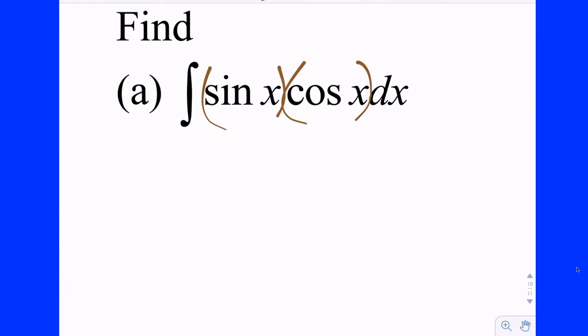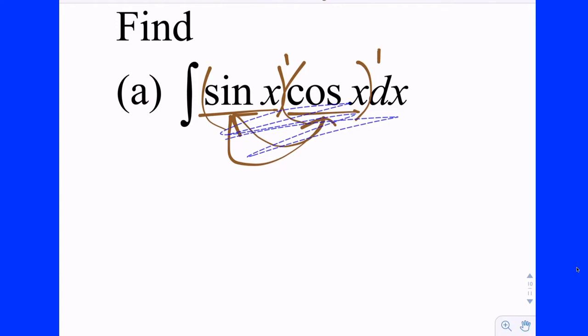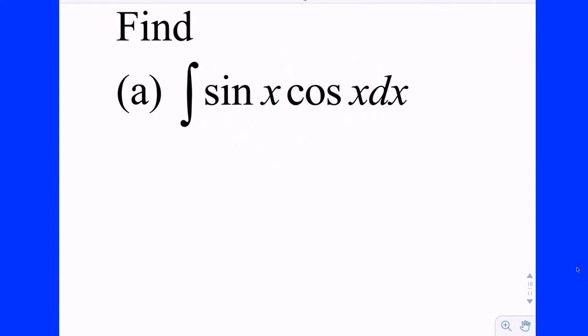Which one would be the inside function? We've seen this one already. Either cosine is inside something to the first and you're off by a negative, or sine is inside something to the first and you're off by nothing. So which one would you want to use? I would like to be off by nothing. So I'll let sine of x be inside something to the first. Its derivative is cosine, and then the rule of integration would be